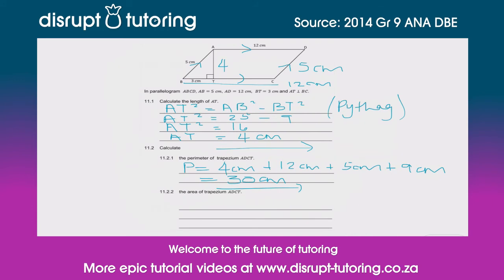Now they've said to us for 11.2.2 the area of trapezium ADCT. Now we can break this up into the area of a rectangle and the area of a triangle, or we can use our trapezium formula, the area of a trapezium formula. I'm going to use the area of a trapezium formula just so that you know it. So the area of a trapezium is simply equal to half the sum of the parallel sides